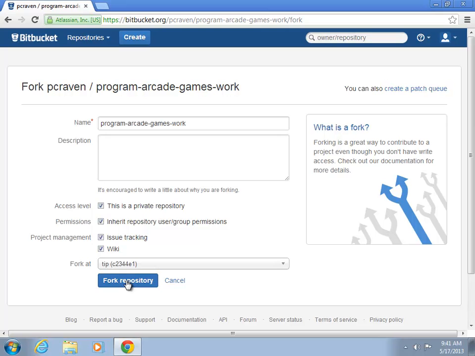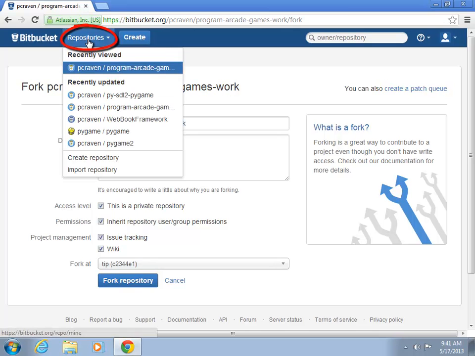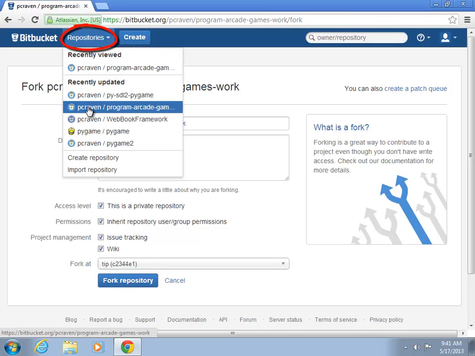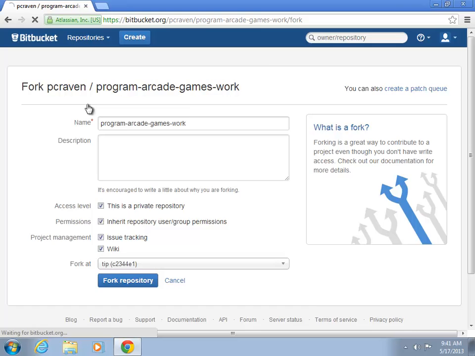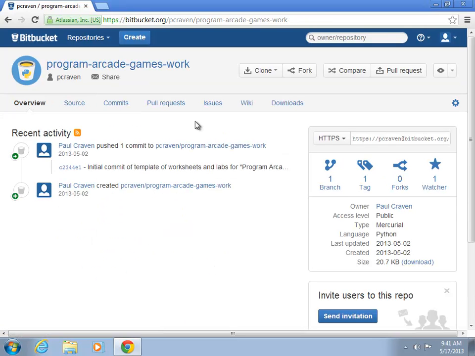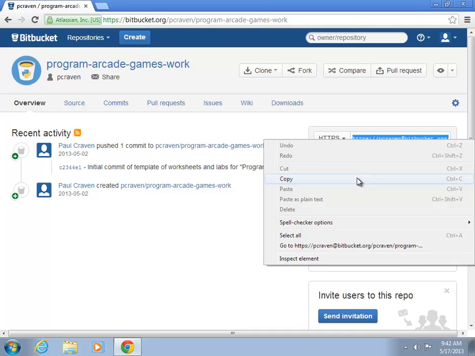I'm not going to create another fork myself, but go ahead and create another fork of the repository, and then you'll have your own repository in order to download the code. Once you do that, underneath your repositories menu, you'll have your own repository, and you can create a clone of that repository by right up here where it says HTTPS. You can take this, right click on it, copy the code,